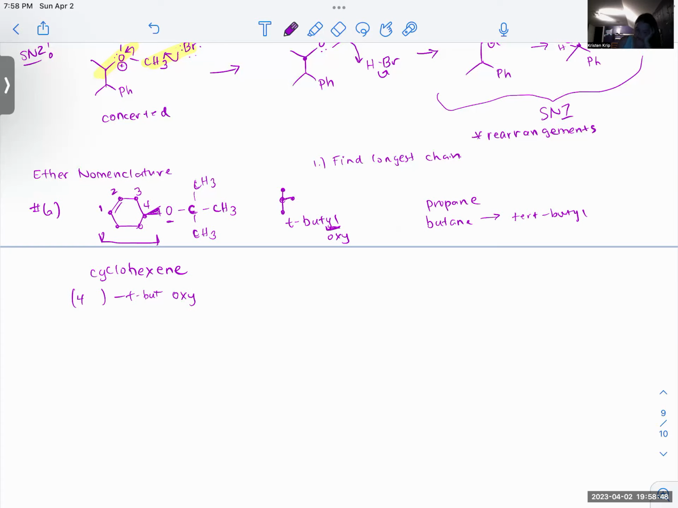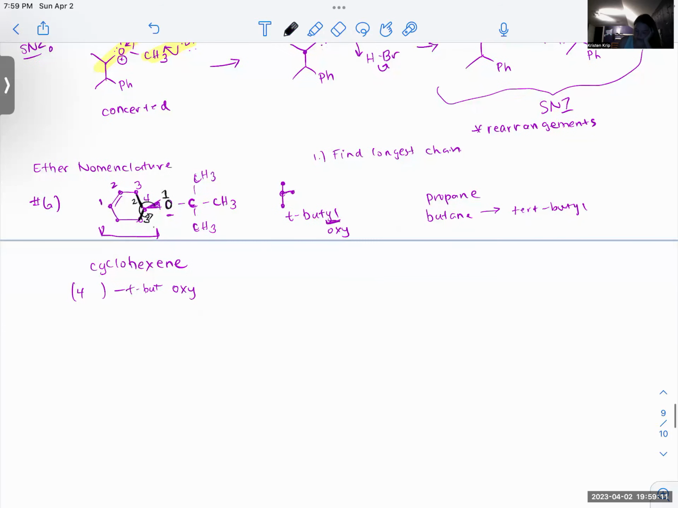So let me do another color. This is going to be 1 because of the oxygen. Then this direction is going to be 2 because it's closer to that alkene. And then this direction would be 3. So if we start drawing that, it almost looks like an S. That's how I remember if it's an S or an R. So we're going to have an S there. Then if we put it all together, it ends up being 4S T